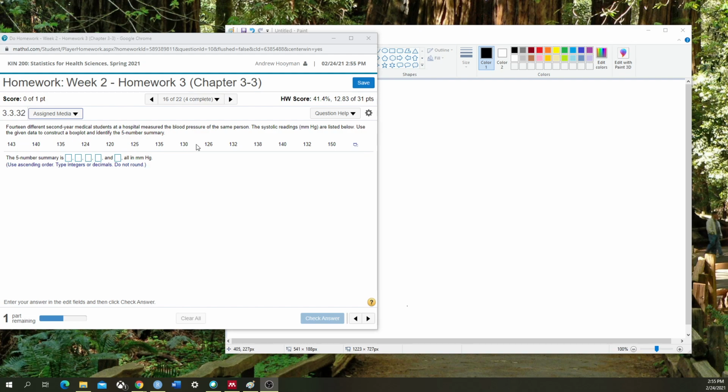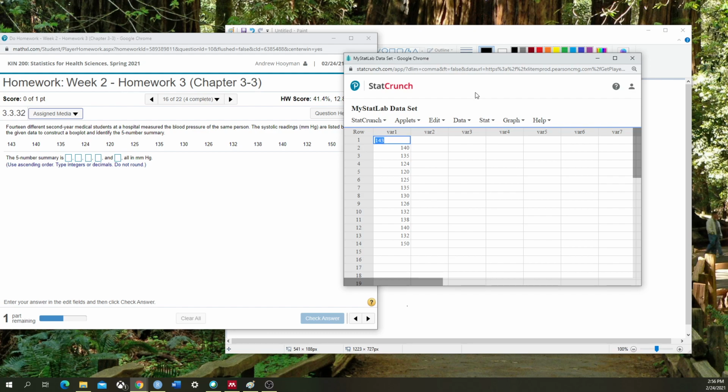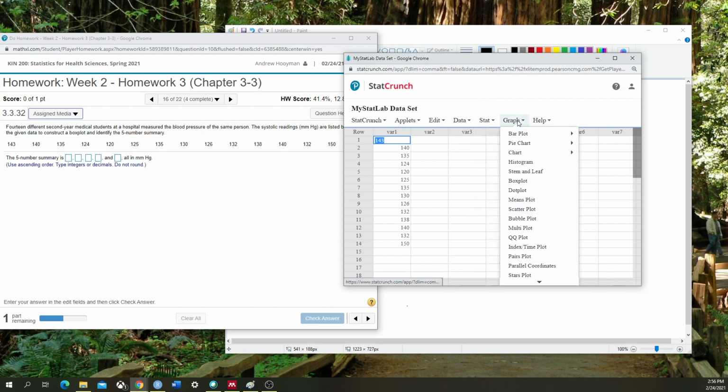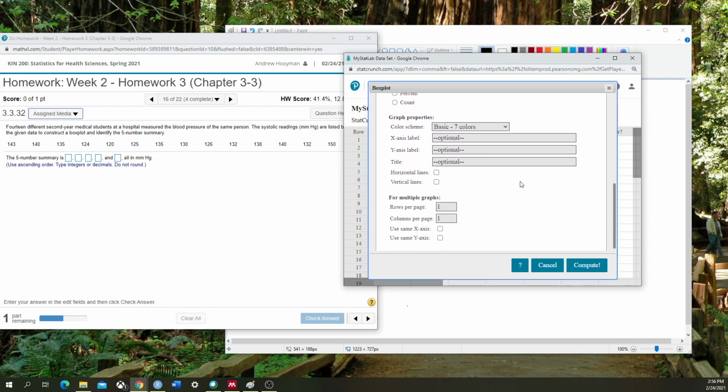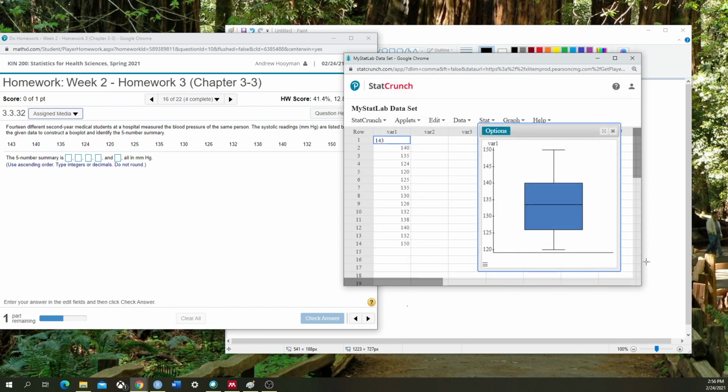Okay, so in this one it's asking me to generate a box plot, and I'm going to fill in the 5-number summary. So first thing I'm going to do is, again, import it in StatCrunch. Then in StatCrunch, instead of Stat, I'm going to go to Graph. I'm going to go to Boxplot. I'm going to have this go over to var1, and then I'm going to click Compute, and there's my box